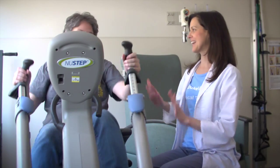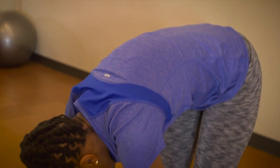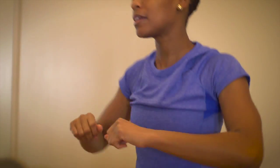So being a physical therapist, I work with patients with disabilities all day long. When they're admitted to the hospital, lots of times they're in the bed for several days, they may have been in the ICU, they get quite weak. So we basically just help them learn how to function again. We teach them strengthening exercises, we build up their endurance, we help them sometimes just sit up in bed, get into a chair and walk again, and hopefully get back to the lifestyle that they were living before they came